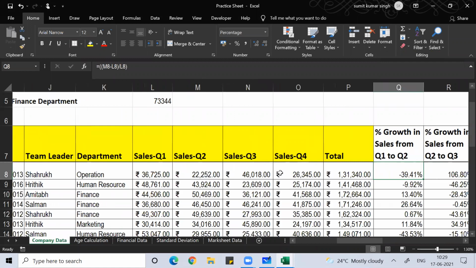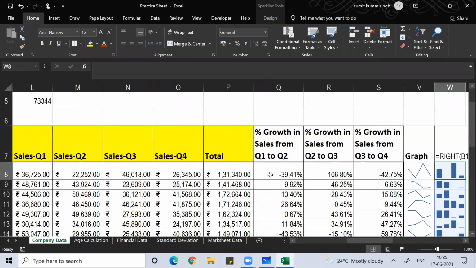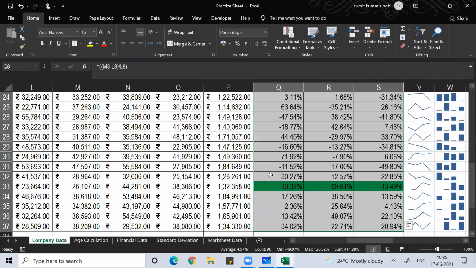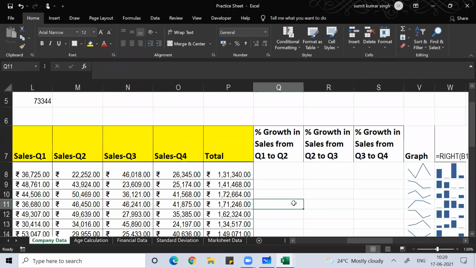Now, if I want to find the growth, like I want to calculate the percentage growth from quarter 1 to quarter 2, quarter 2 to quarter 3, quarter 3 to quarter 4, how can I do that?